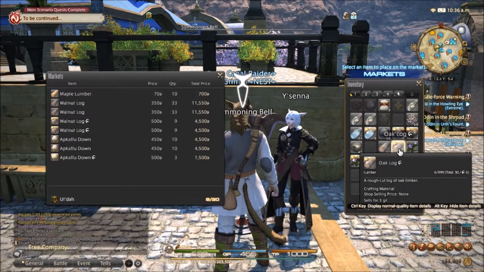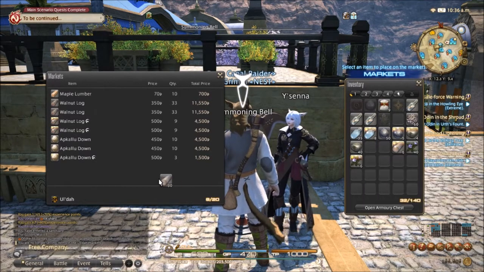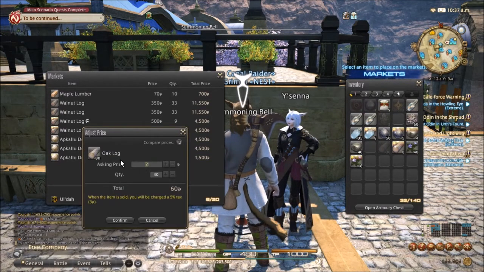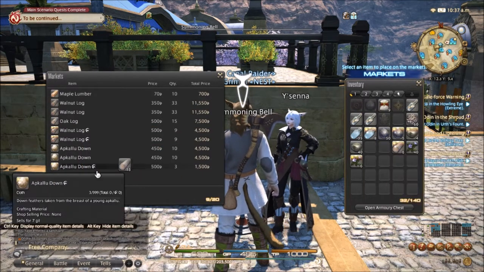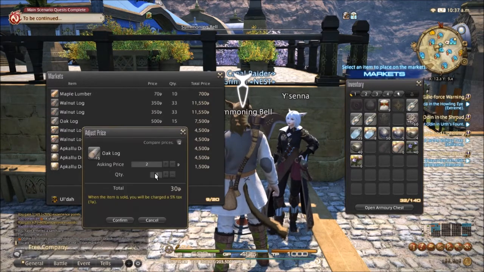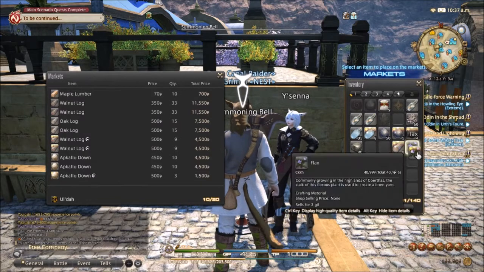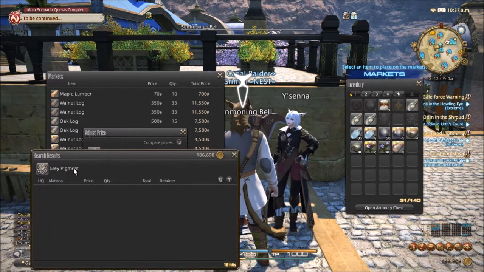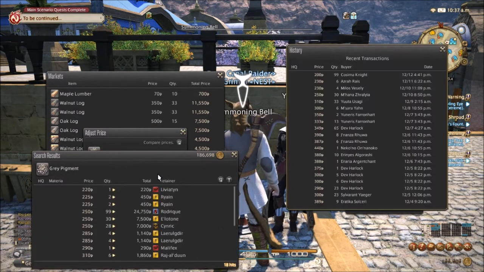The walnut log, rather. Okay, so the oak logs. Yeah, those are going for pretty decent, actually, so I can do 500 and stacks of 15. Now, the gray pigment, that usually sells really well. Yeah, people buy it for a decent amount and for pretty decent sized stacks, so let's do...